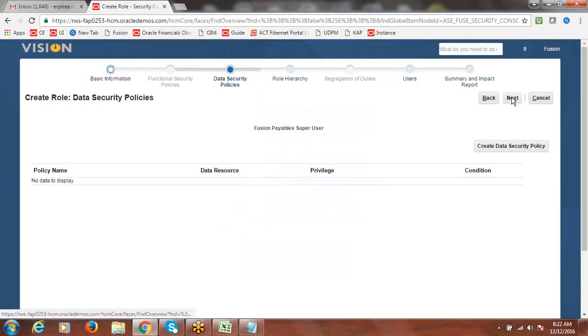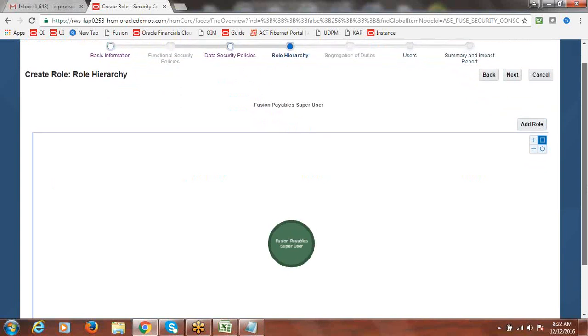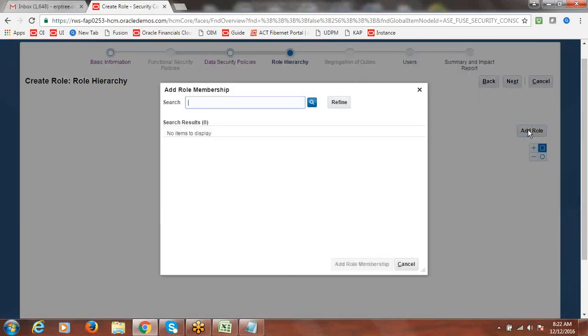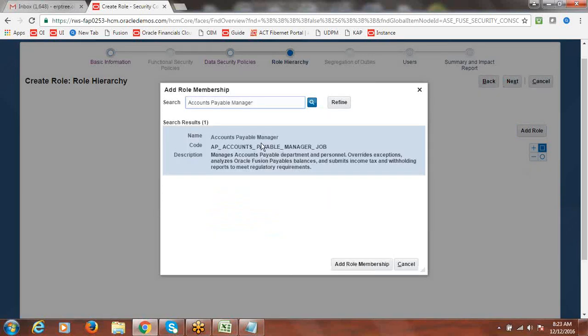Click on next. Here I'm not going to add any security policies. Straight away I'll be selecting existing. Now here I can add it. I want to group multiple roles. Here I can use add roles. Say accounts payable manager. I want to select this. Say add role membership.